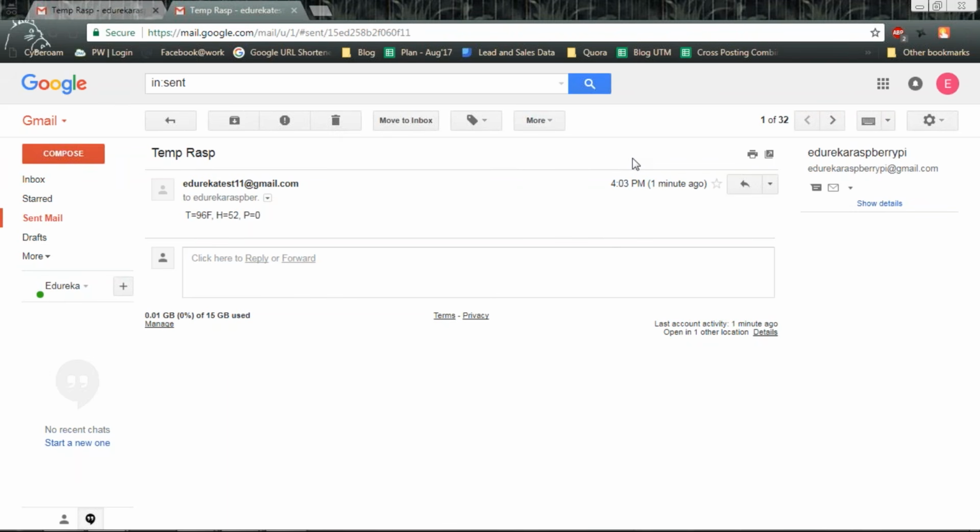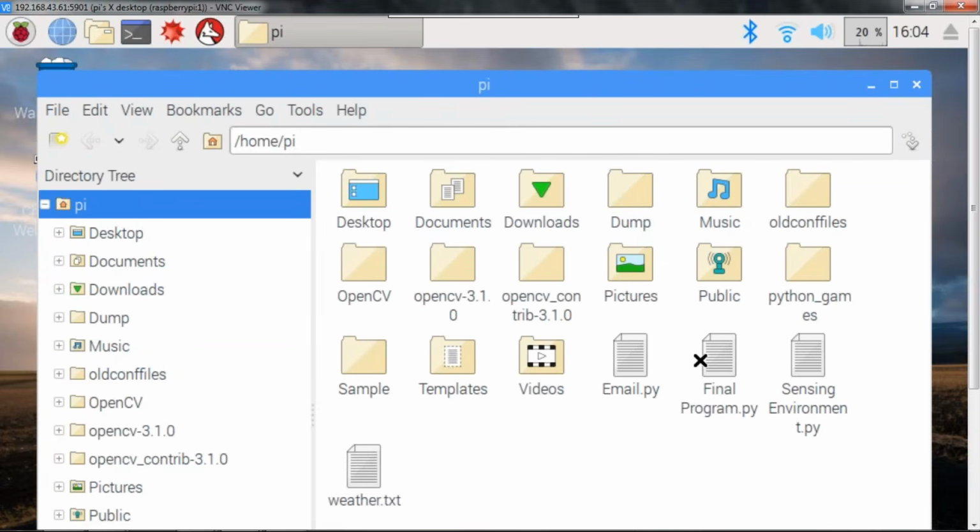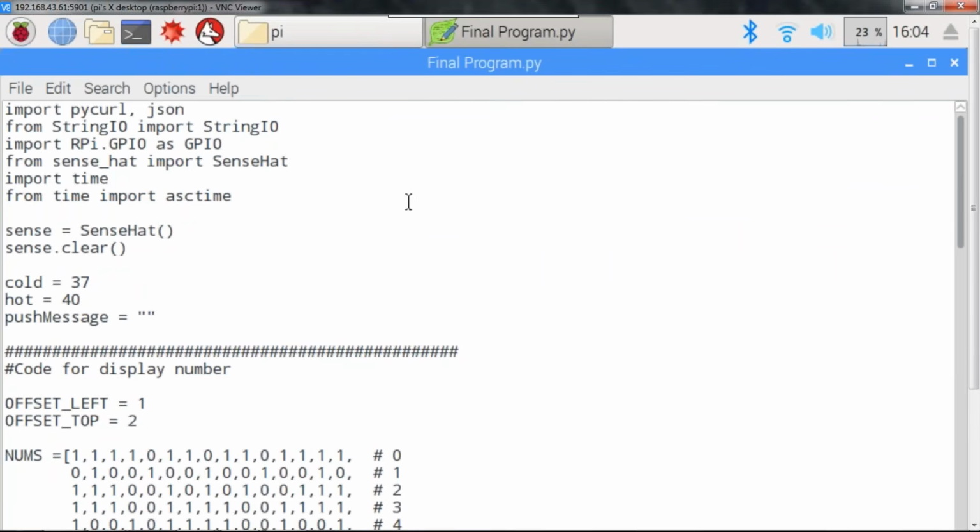Now coming back to my Raspberry Pi. Let us now see the final program in which we're going to incorporate this and do a little more. Let me explain the code a little better here. There are a few new things. First, you have PyCurl and JSON being imported. PyCurl is going to help you establish a connection to your API. We're going to use an API through which I'm going to pass my data, so for that I'm including PyCurl here. Apart from that, you have StringIO, which is a standard string input output management package, and you have